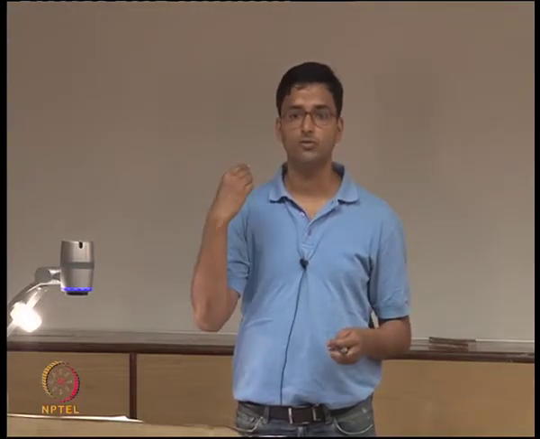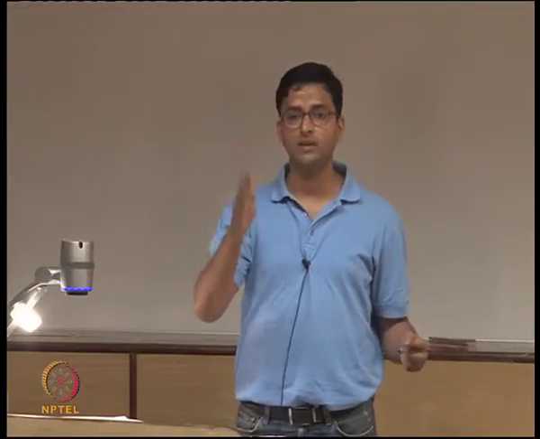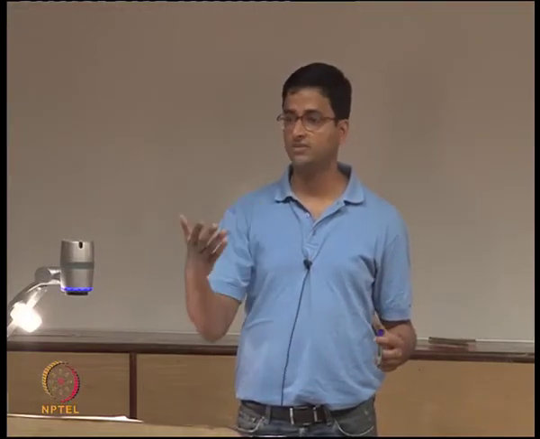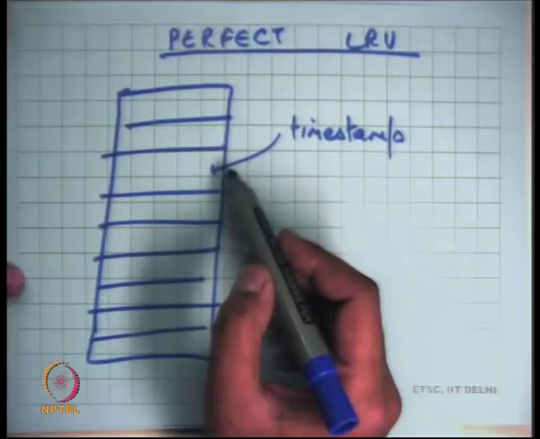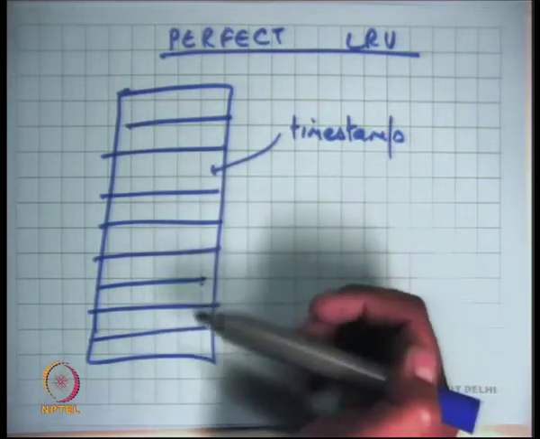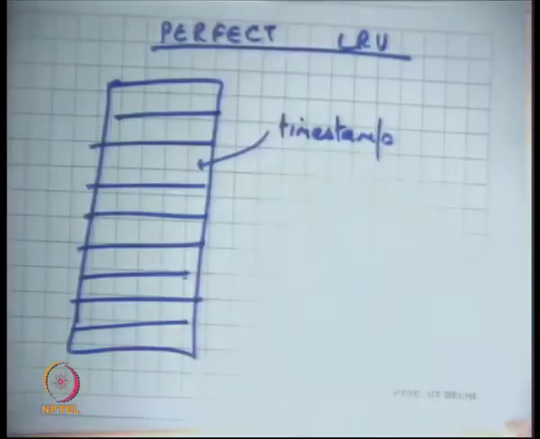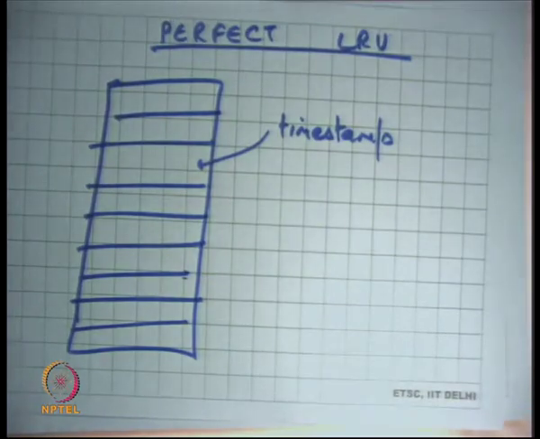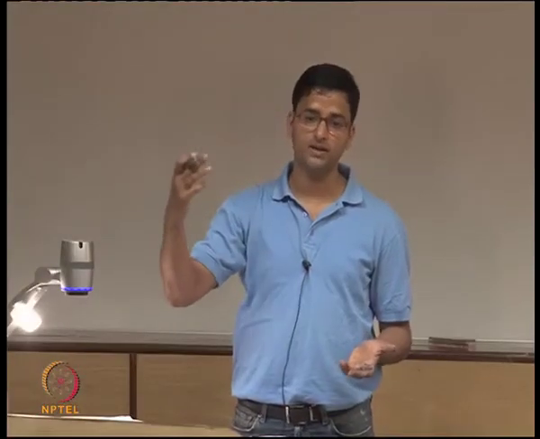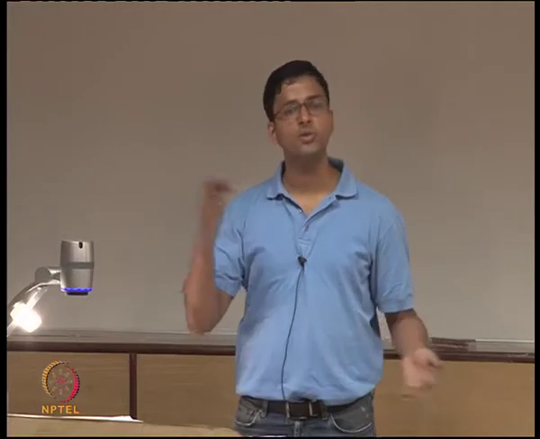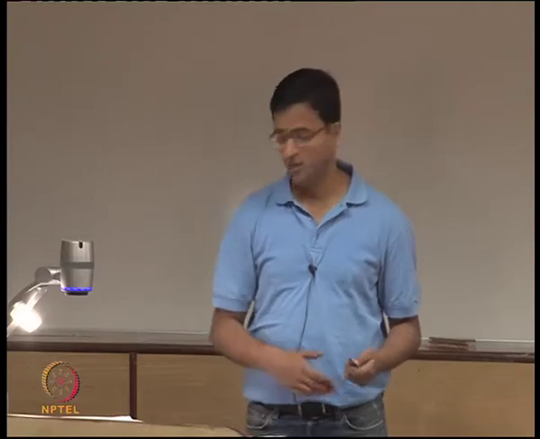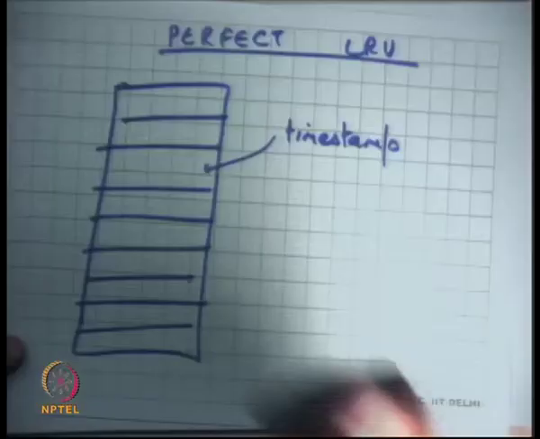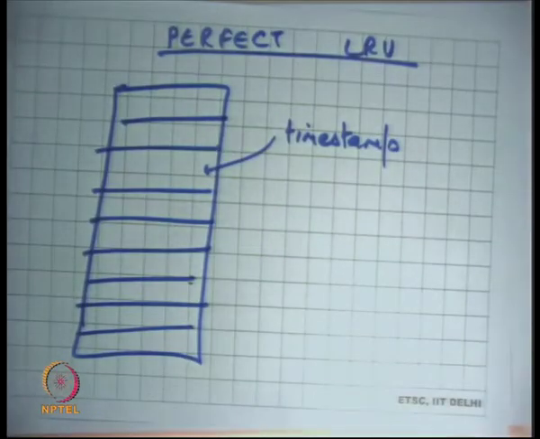I mean, what kind of timestamp should be put by the hardware, and how big should the timestamp be? Each time I have to put a timestamp, there's extra overhead. Recall that each time I put a timestamp, I have to make a memory write in some sense, and that's not great. Also at the cache replacement time, I have to do a global sort on the timestamps and then figure out which is the least, right. The global sort may not be that much of a problem, given that there is a disk access involved anyway, but on the hit path, having to put this timestamp is not practical.